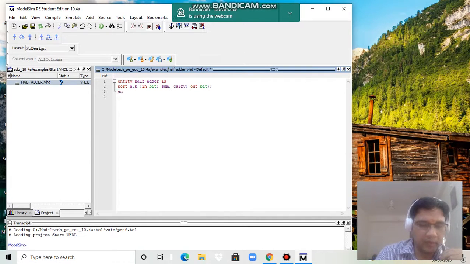Then we have to end the entity with the same name, with a semicolon. So it is the end of the first part, that is the entity declaration. We created the entity with the name half adder and declared two inputs A and B and two outputs sum and carry.